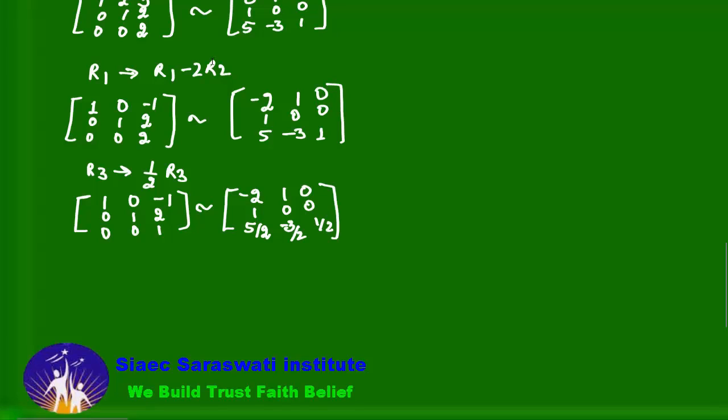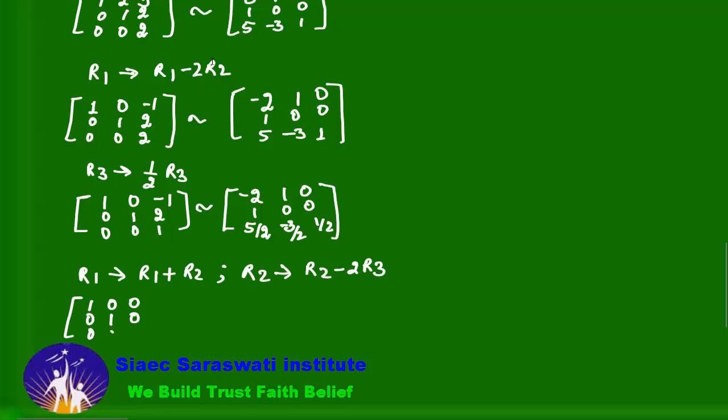So for this, with the help of R3, the property will be that R1 implies R1 plus R2 and R2 implies R2 minus 2 times of R3. Okay, so the final matrix will be 1 0 0, 0 1 0, 0 0 1, and equivalent to this